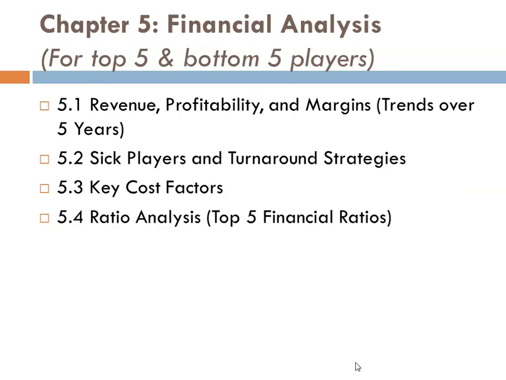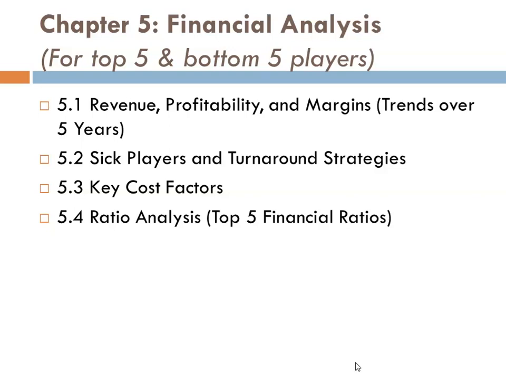Then chapter number 5, financial analysis. It is advisable to go for only a few, like top five and bottom five, or top two and bottom two. You can decide depending on the depth. So here, analyze the revenue growth, profit trends, and margin changes of the top and bottom players over the past 5 years. Identify the pattern, like increasing sales or declining profit, or whether it is stable growth. So you can plot a graph and interpret the data. It is very easy here. Then this is about 5.1.